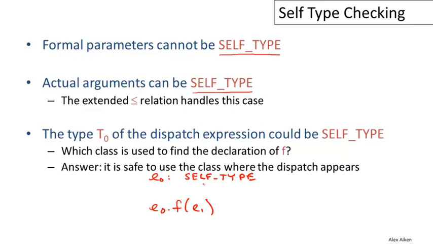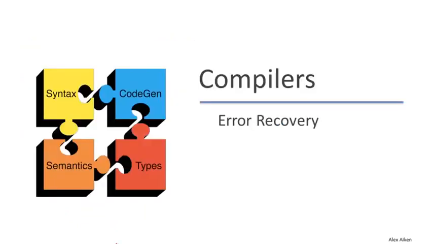The problem here is that we need to look up in the M environment, in the method environment, in some class, the signature of method f. We have to get back that type signature so that we can do the rest of the type checking. And if E0 has type self-type, normally we use the type of E0 to do that lookup. What type do we use here? Well, if this whole thing is occurring in class C, if we're typing,